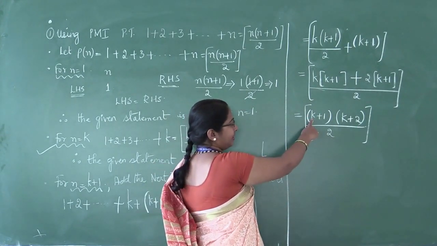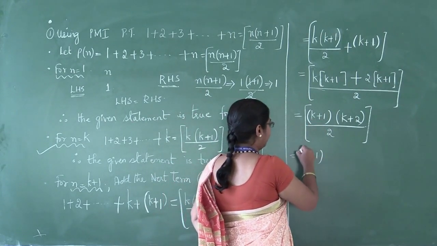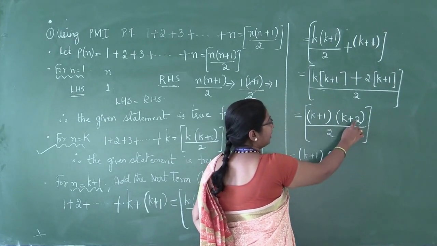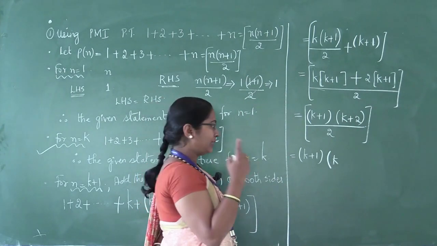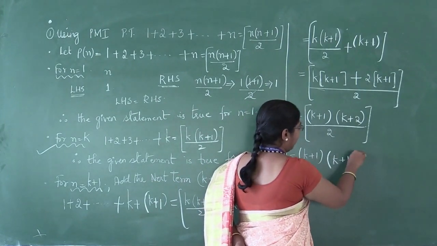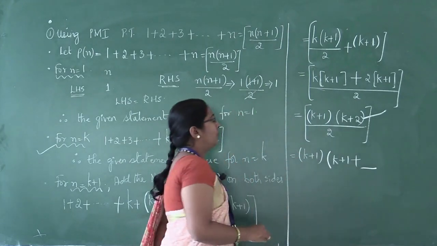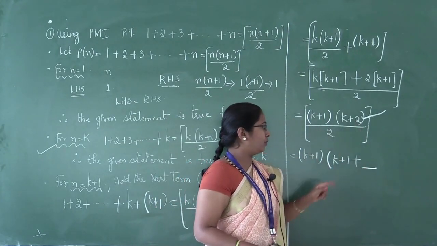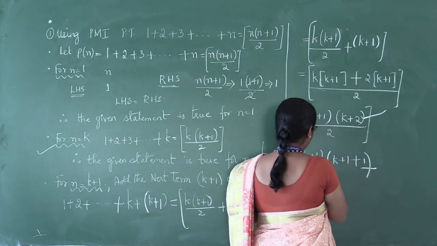K will be in terms of k plus 1 plus, what number gives me 2? 1 plus which number? That is nothing but 1, complete thing